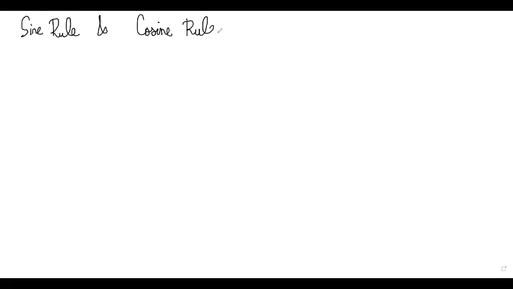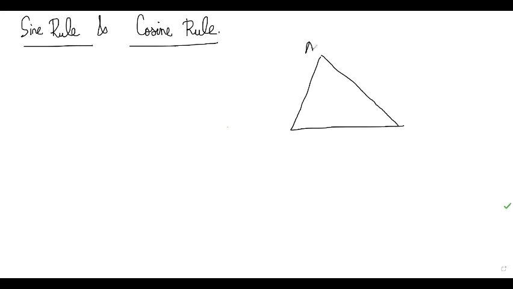Some of you might be aware of sine rule and cosine rule, but you might just know it as a fact, and not know the proof of the statement. So how do you know the proof of the statement here? For example, sine rule, we have a triangle like this, A, B, C. Now, before we discuss sine rule, you need to know what a circumcircle is.